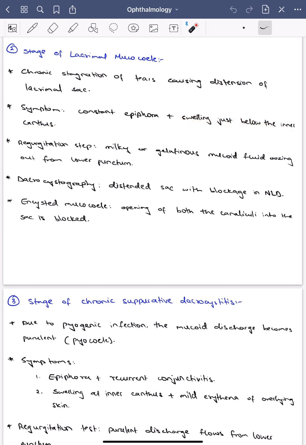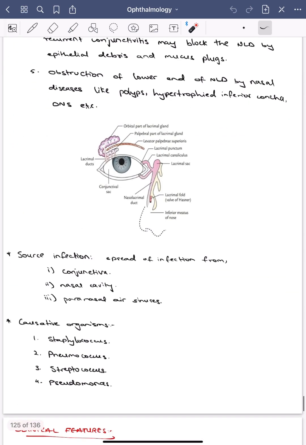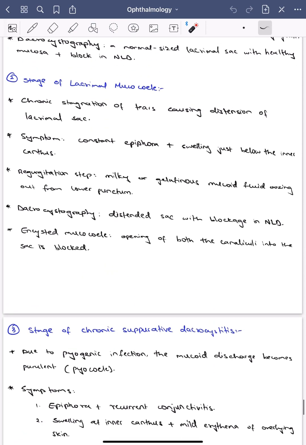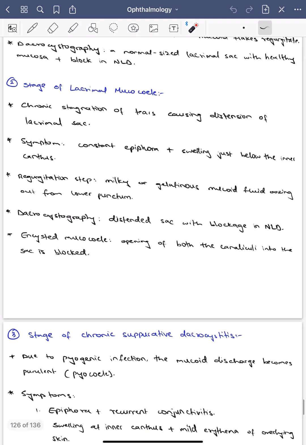And on regurgitation, there is milky or gelatinous mucoid fluid oozing out from the lower punctum. Okay, so on the regurgitation test, when you apply pressure here, there is oozing out of milky or gelatinous mucoid fluid. And on dacrocystography, a distended sac with blockage in the nasolacrimal duct is observed, and there may be an encysted mucocele. Okay, so this entire structure of the distended lacrimal sac is known as mucocele, and this